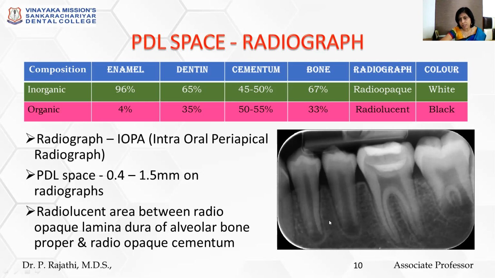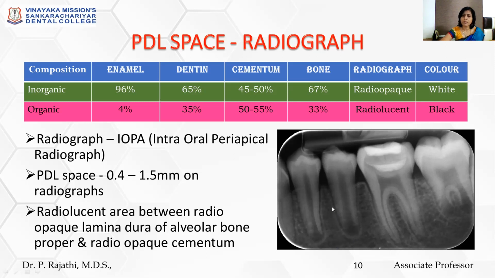That is why it appears somewhat cancellous. But there is a radio-opaque line that is going to surround the root portion of the tooth. That is nothing but, as you would have studied in bone, the bundle bone where the Sharpey's fibers are going to get attached, and it is a cortical plate, right?